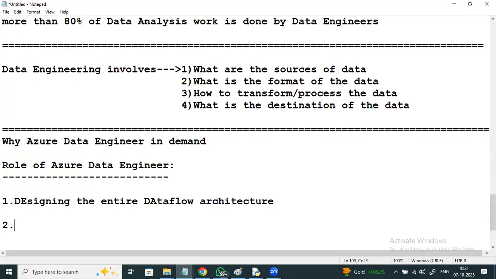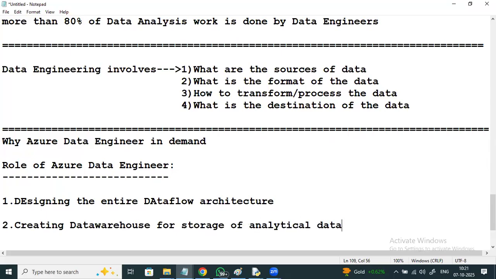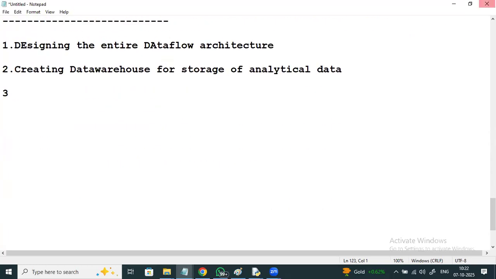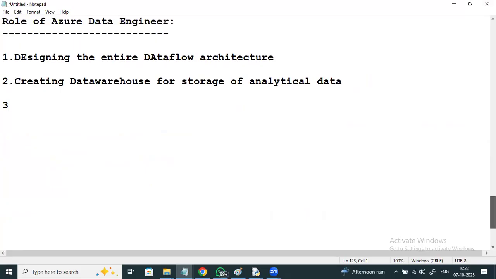Secondly, creating a data warehouse for storage of structured data, for storage of analytical data. Thirdly, the various roles: designing the entire data flow architecture, creating a data warehouse for storage of analytical data.